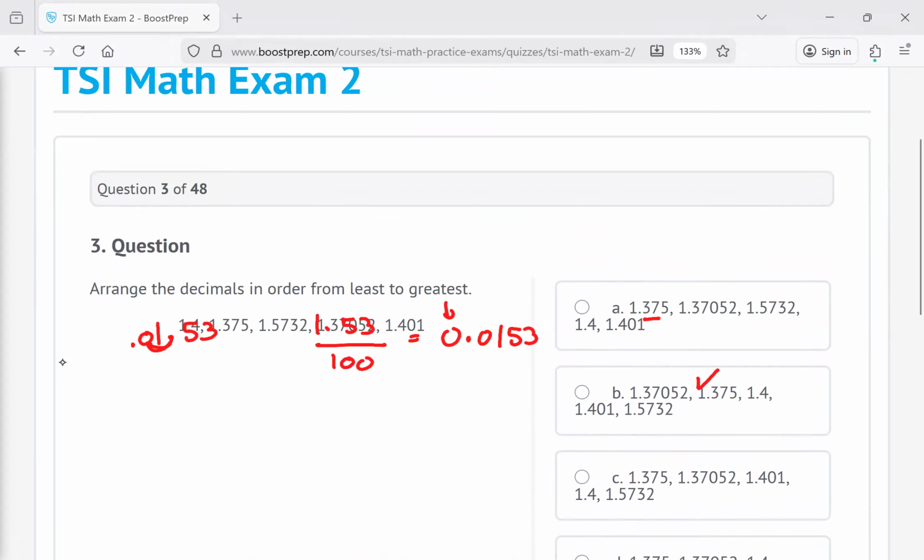Arrange the decimals in order from least to greatest. So we have these decimals, and we have to go from smallest to greatest. You can count how many terms we have: one, two, three, four, five. So we have 5 terms, which is good to know. It looks like my smallest number is